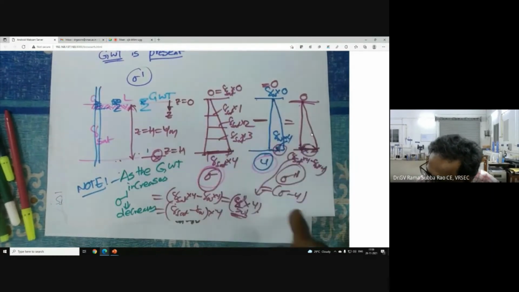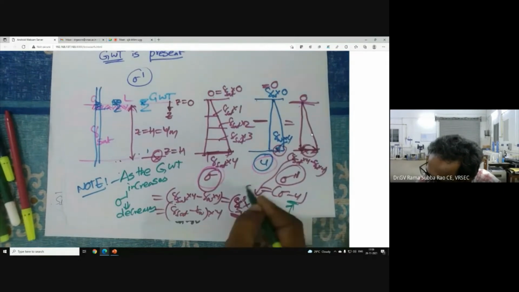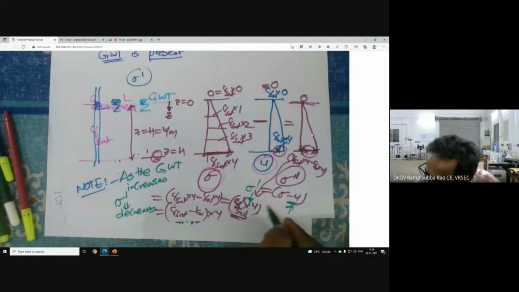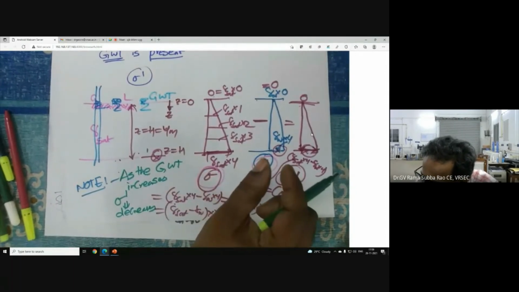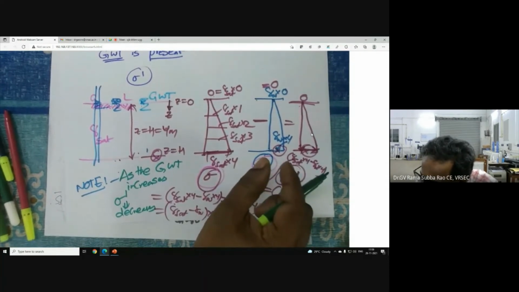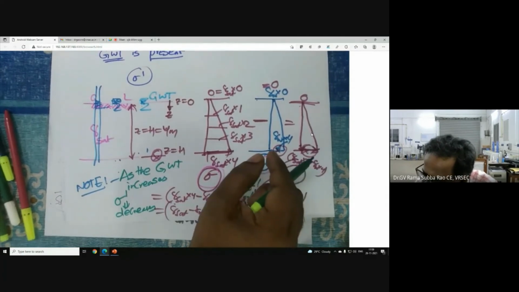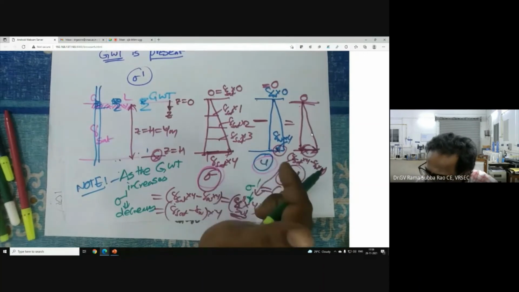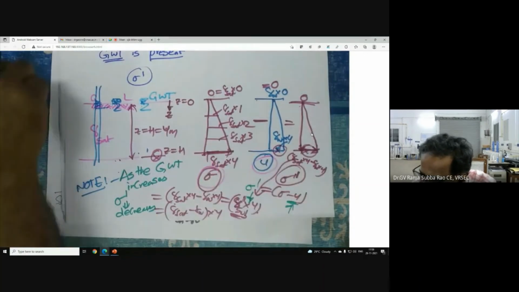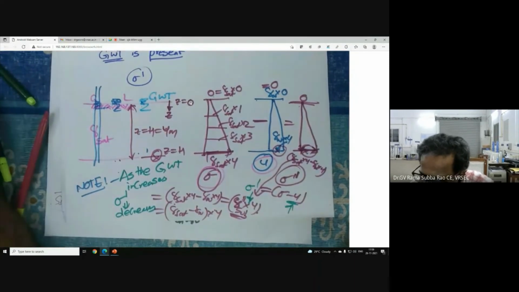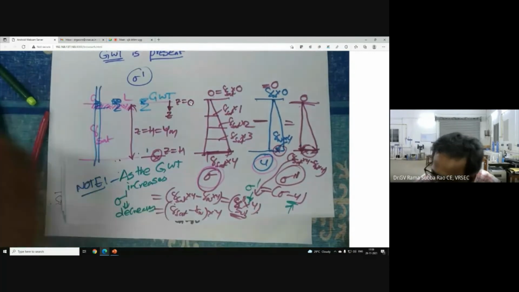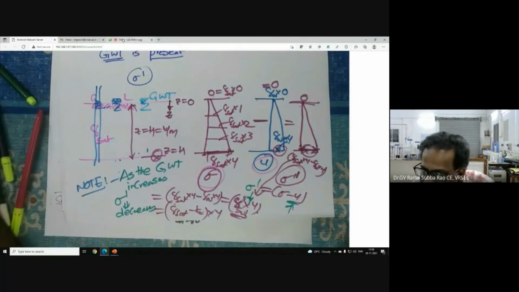So if pore water pressure is increasing, if U is increasing, what will happen to sigma dash? It will decrease. If pore water pressure is increasing, the contact between the particles is going to decrease. So the effective stress, that means the stress originally acting between the particles, will be reduced. That's why the groundwater table detrimentally affects the effective stress. No doubt it causes a decrease in effective stress. This is a very good discussion. Finally, what I'm trying to tell you is, as the water table increases, effective stress decreases.